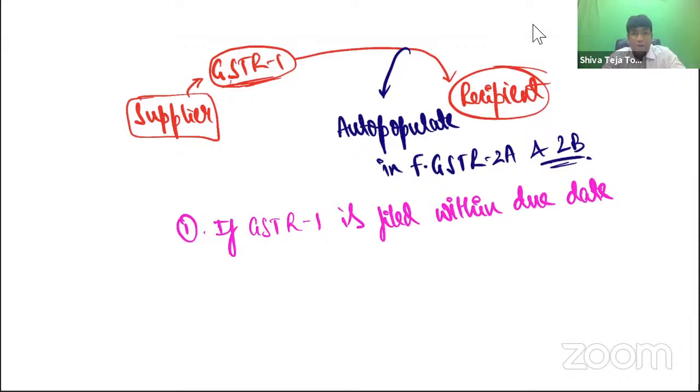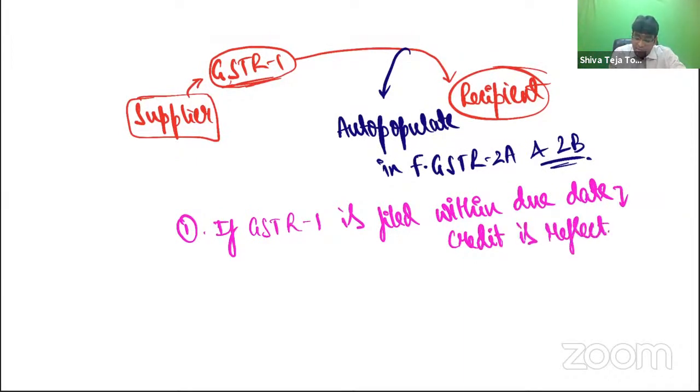If you remember, we discussed that where turnover does not exceed 1.5 crores, they can file GSTR1 on a quarterly basis instead of monthly. When it is quarterly, the due date is the 13th of the month following the end of the quarter. Clear? So if GSTR1 is filed within the due date, then the credit